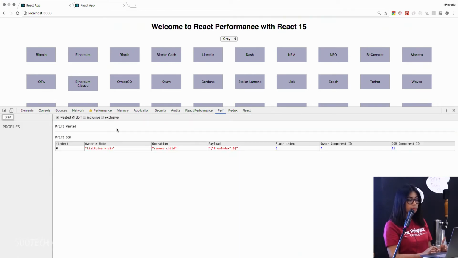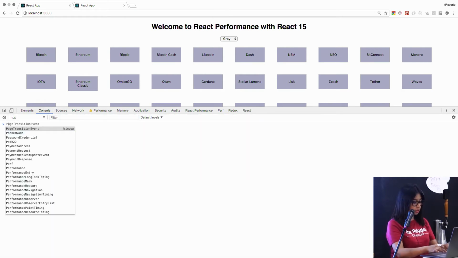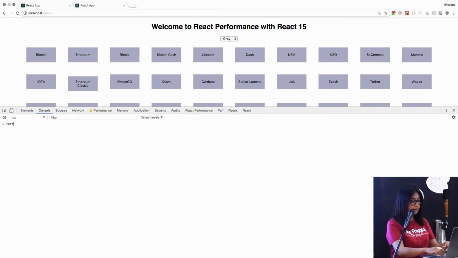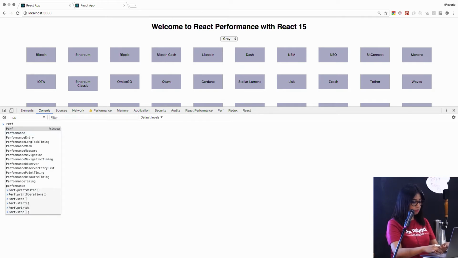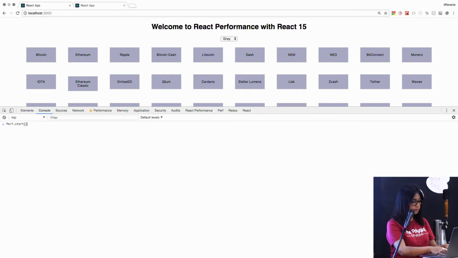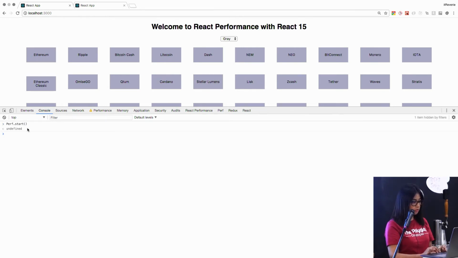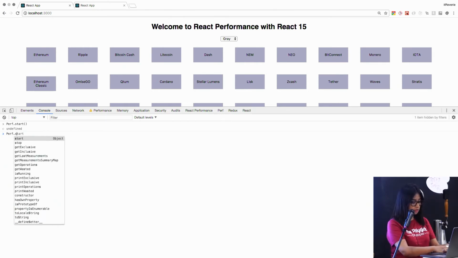By the way, for the people that don't use Chrome, this extension, as I said, is just available in Firefox and Chrome. But if you don't use those browsers, you can just do it here in the console, as long as you add the lines that I mentioned. You can do here in the console the line perf.start, then you do the action, which is I'm going to delete the coin, and then I'm going to put perf.stop,